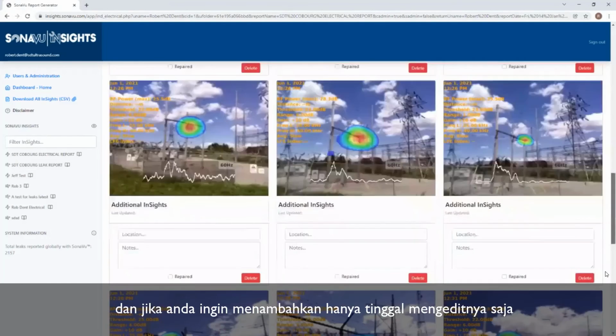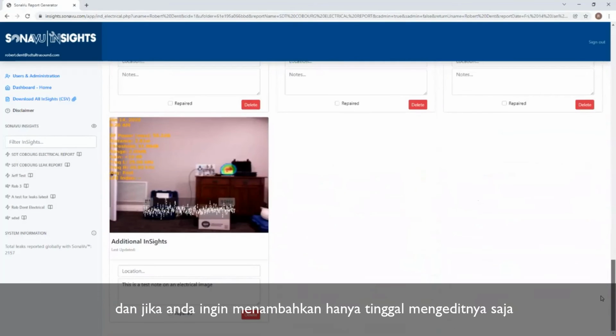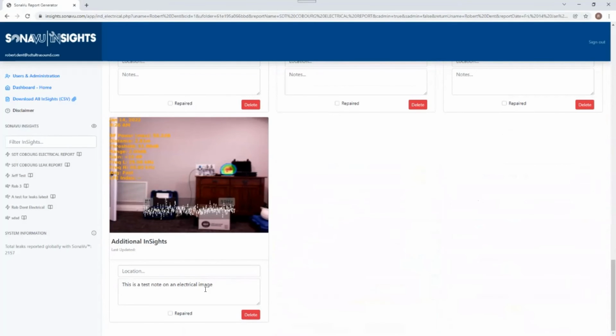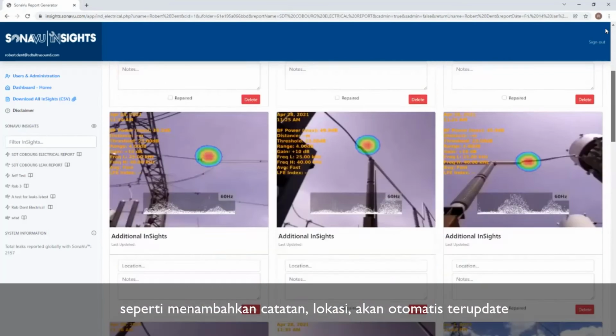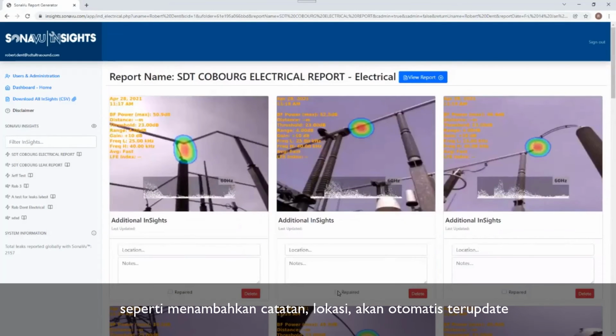You'll notice for the one that I had already put information directly onto the image on the SonaVu, that information is already sitting in there. Again, the same deal. I can come in, I can repair these, I can add information about the particular image